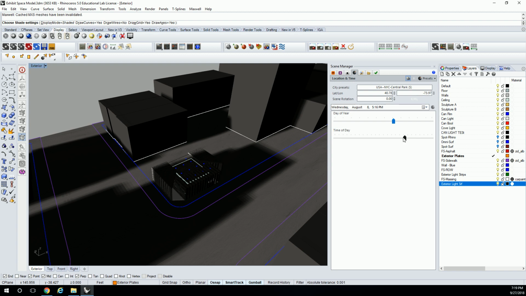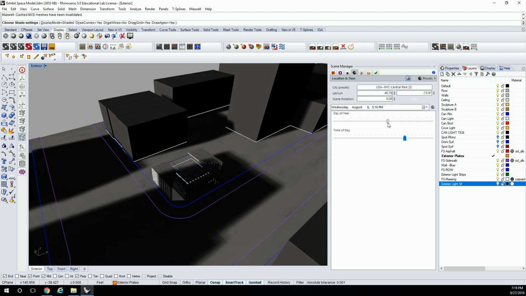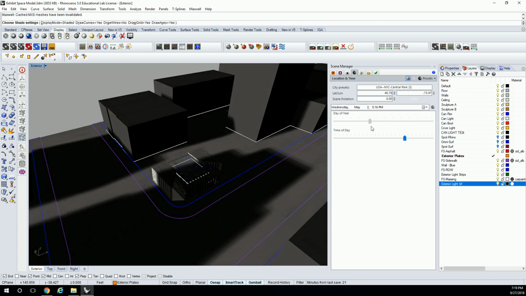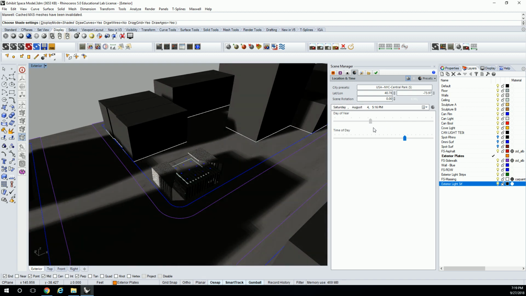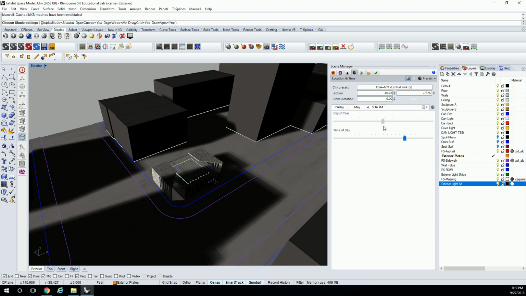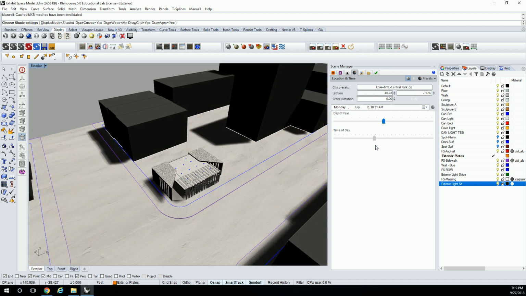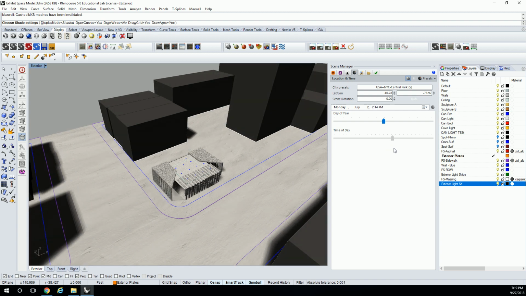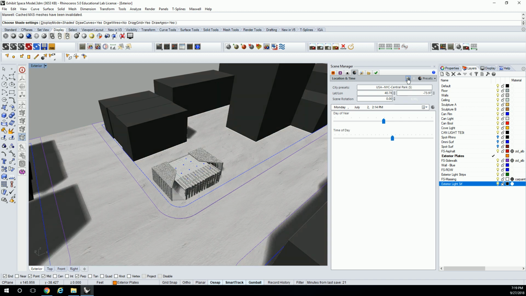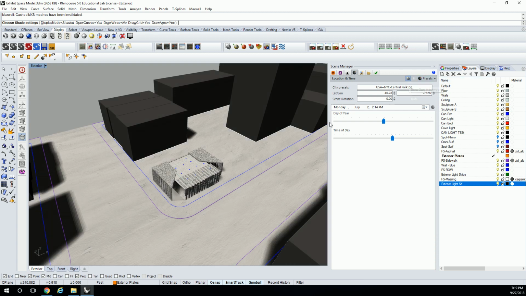I think it's like 7 something. There it is, 5:15. These are all the different days of the year and how much shadow is going to be cast. I'm going to keep it rather short, actually, like middle of the summer. And then the time of day here will change where the sun is coming from. So this is actually where the sun's going to be when you render. If you don't turn that on, you're actually getting the sun that you have set in Rhino. They're pretty close right now, but